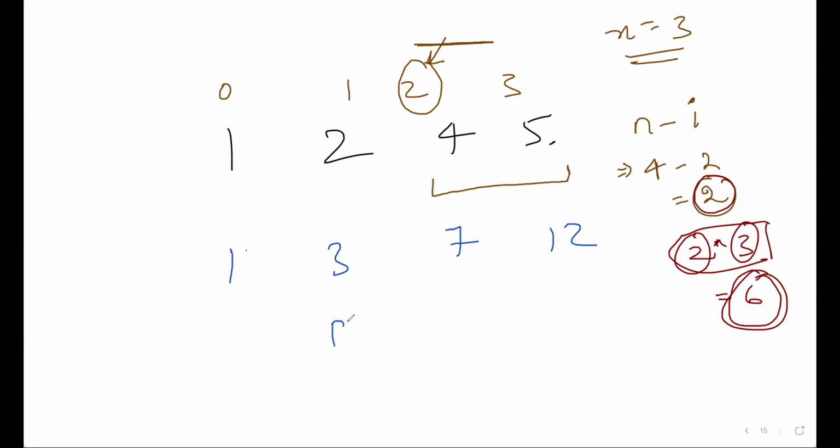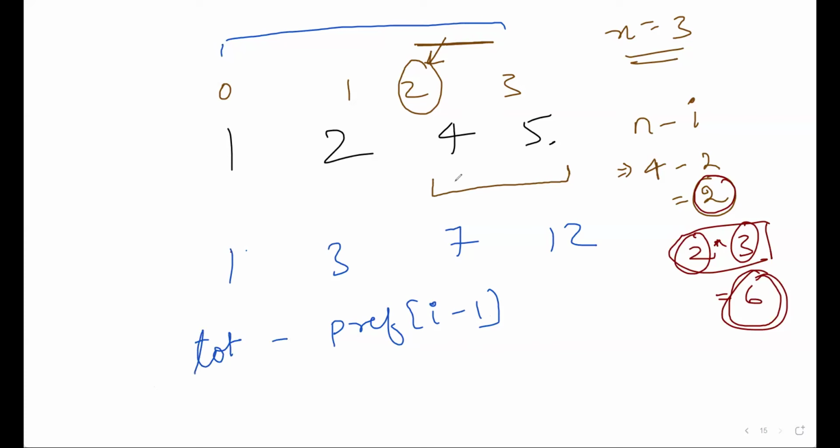So we have to find prefix of I minus 1. But before finding this, check if I is not 0. Okay, if I is 0, in that case you need sum of all values from 0 to end, which is nothing but total value. So total minus this value will give you sum of remaining elements,